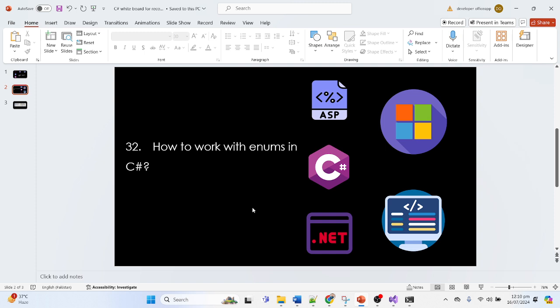Now, for example, in your application, you have three types of users: admin, teachers, students. And if you want to use the values of these,